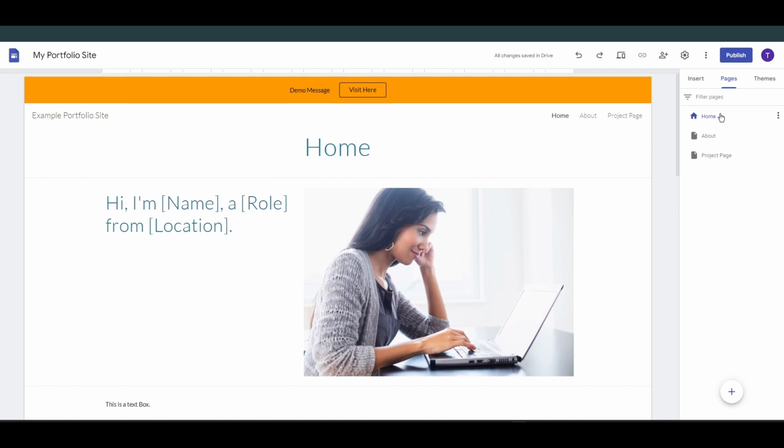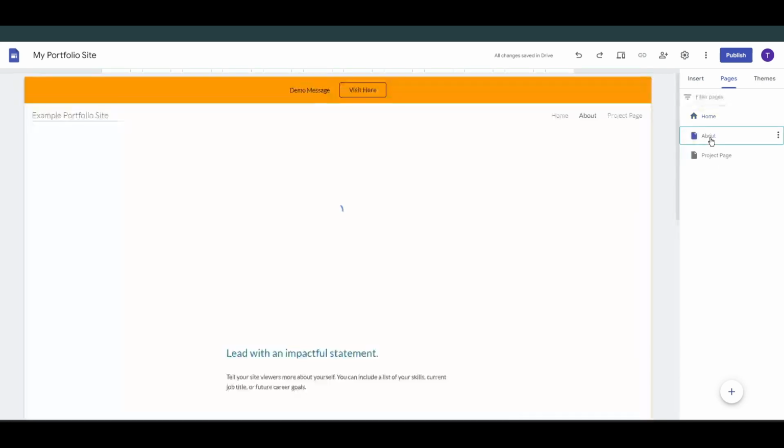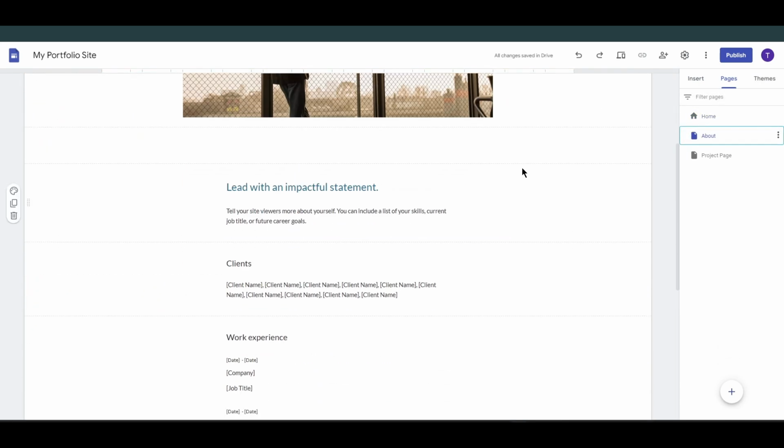In the pre-made template, you will find some pre-made pages. You can edit or delete them. Add a new page if you need.